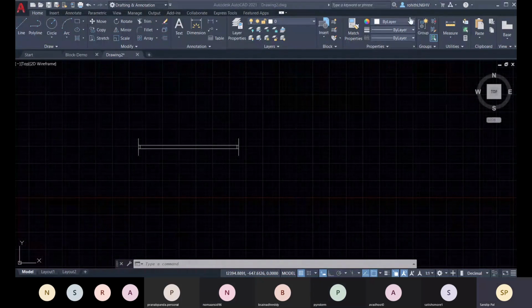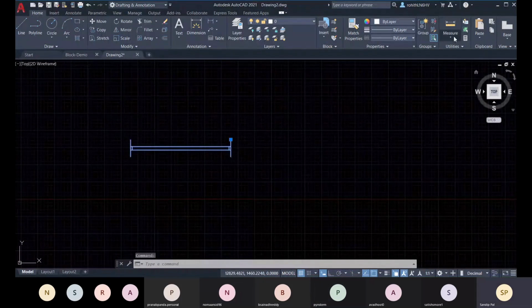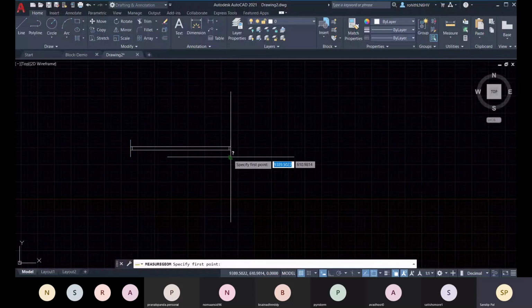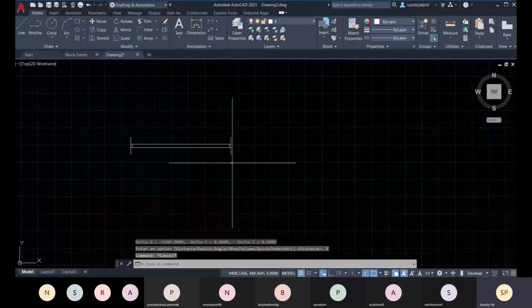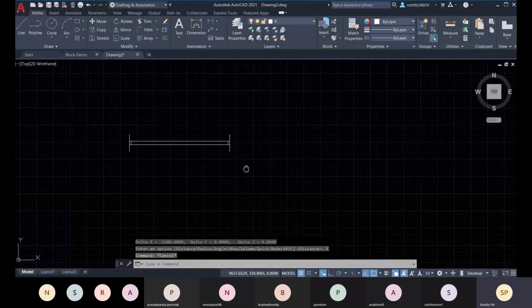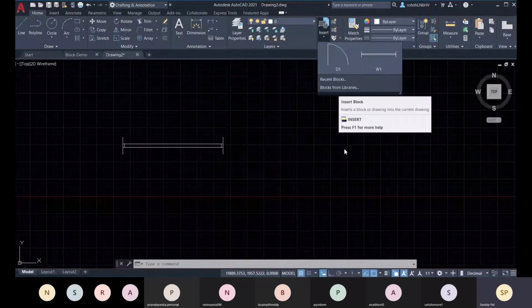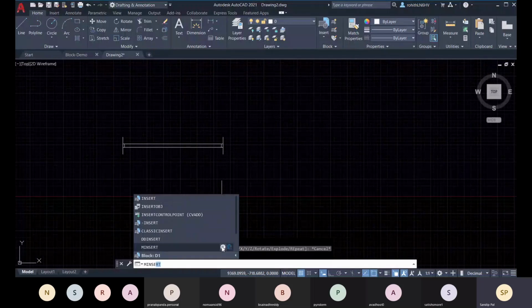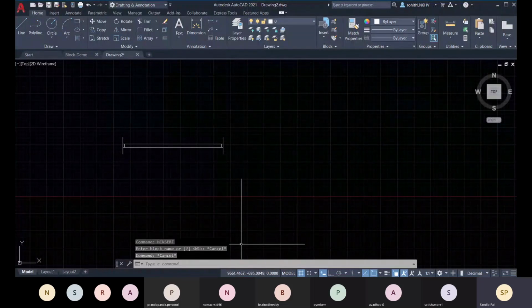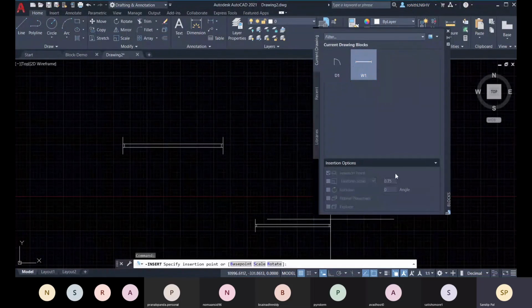So now here I have this 1500, right? The new window, that is my W2, is going to be 1200. For that, either I can go with this insert and there I can choose the scale.